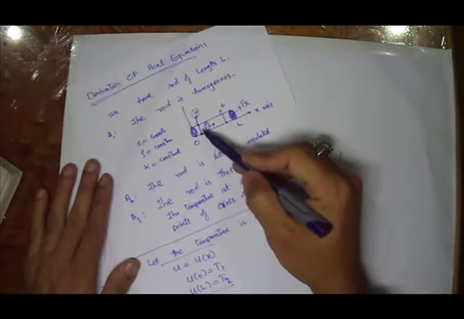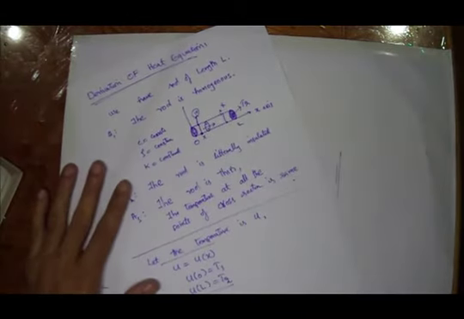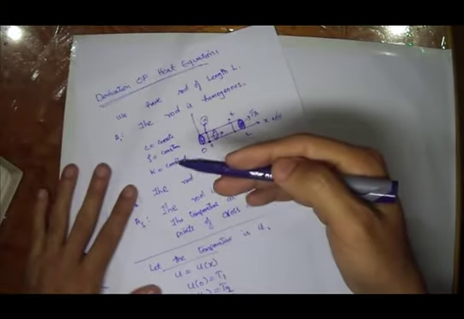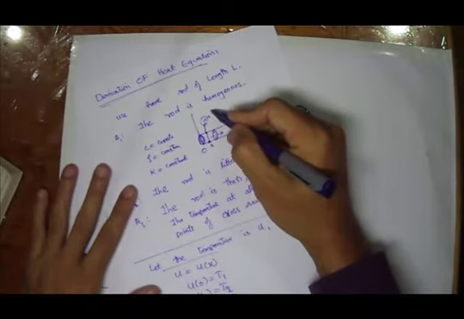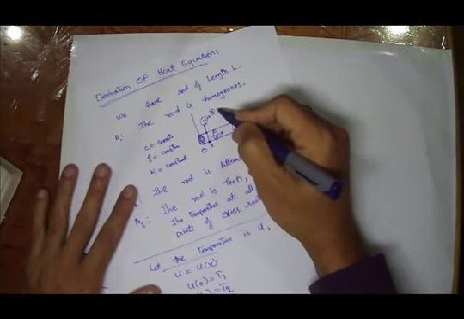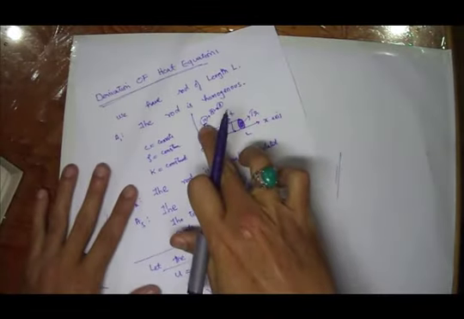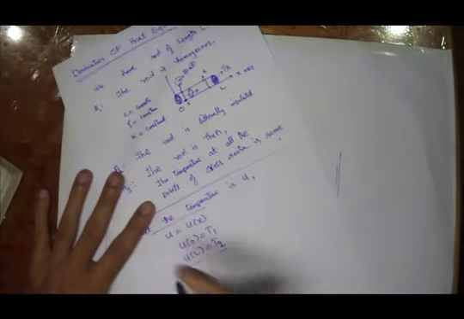In that case, the temperature at any point x may change with respect to time. At time t is equal to 0, assume that it is 10. Then it may be possible that at time t is equal to 1, it increases or decreases. And at time t is equal to 2, it becomes 8. So we can model this phenomena by making a new variable u is equal to u at x and t,